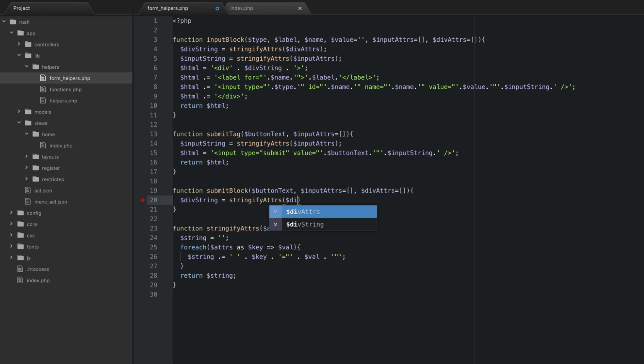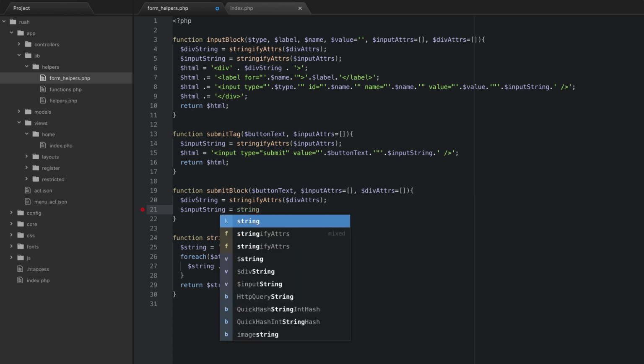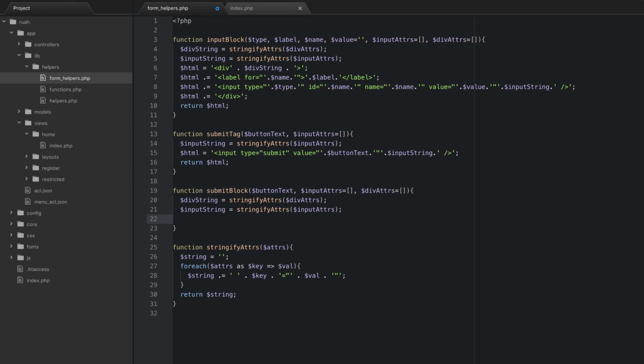We're going to pass in our div attributes there, and then we'll do input string, stringify attributes, input attributes. All right, and then what we'll do is we're going to say HTML is equal to,